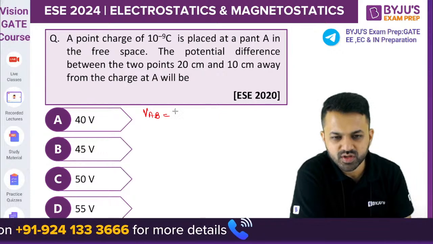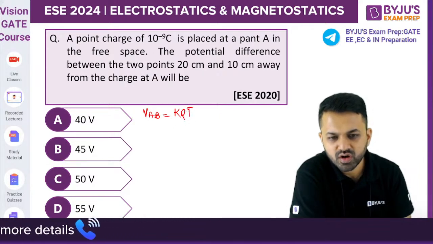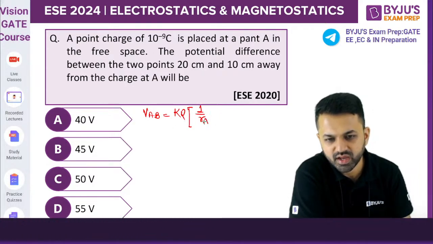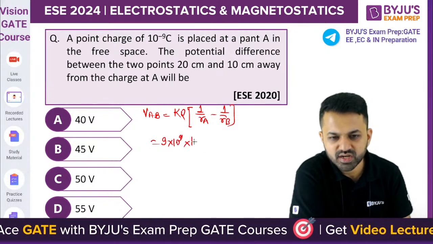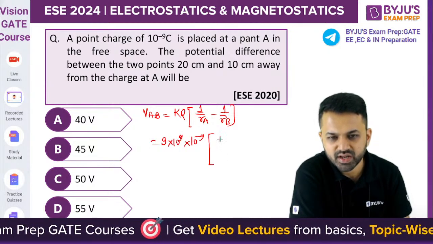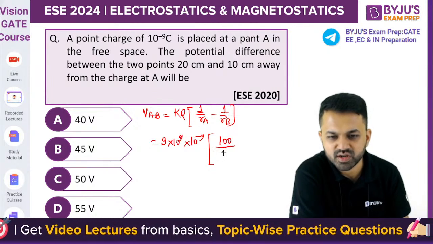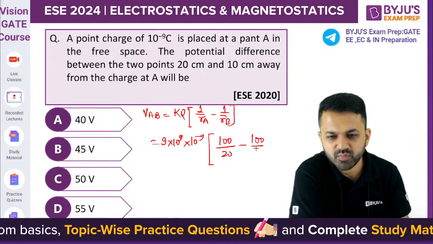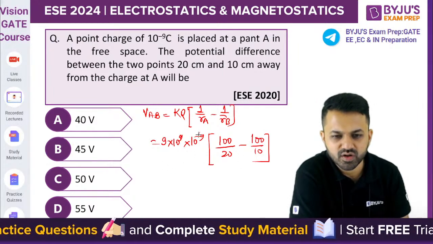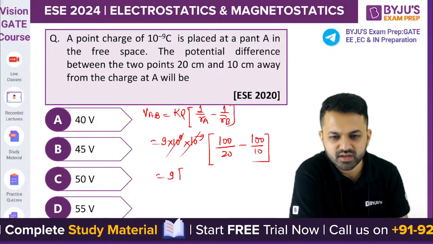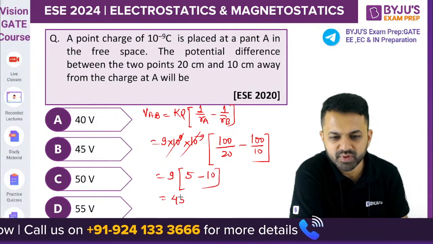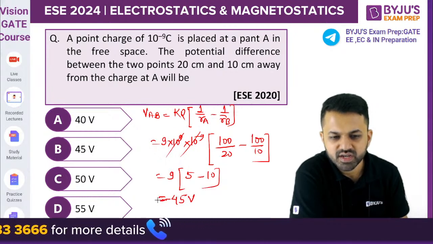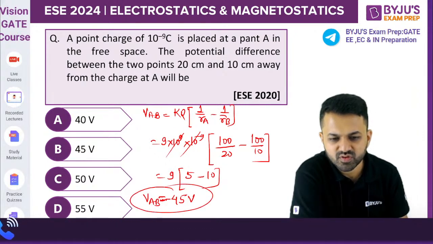के बीच में निकालना है तो ये सिंपल क्या होता है, के क्यू एंड 1/RA - 1/RB, ऐसा लिख सकते हो आप। सो के हो गया 9 × 10⁹, चार्ज हो गया 10⁻⁹, 1/RA मतलब हो गया तुम्हारा 20 सेंटीमीटर है, तो इसको 100/20 कर लो और ये 100/10 कर लो। ठीक है, और ये कैंसिल हो गया तो यहाँ से आ गया 9 और ये हो जाएगा 5 और ये हो गया 10। सो ये आ जाएगा आपके पास -45 वोल्ट।